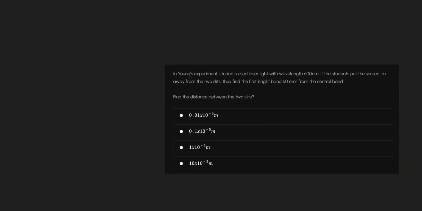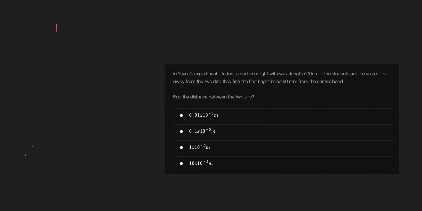Okay, based on Young's experiment, we solve what? This question. In Young's experiment, students used laser light with wavelength 600 nanometer. If the students put the screen 1 meter away from the two slits, they find the first bright band 60 millimeter from the central band. Okay, as we know,